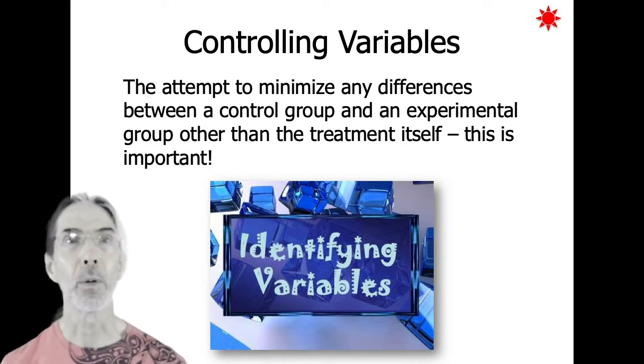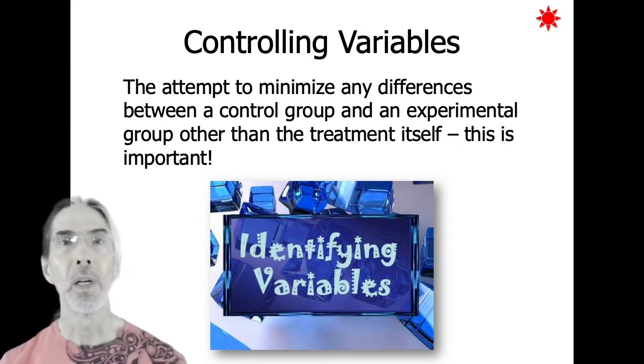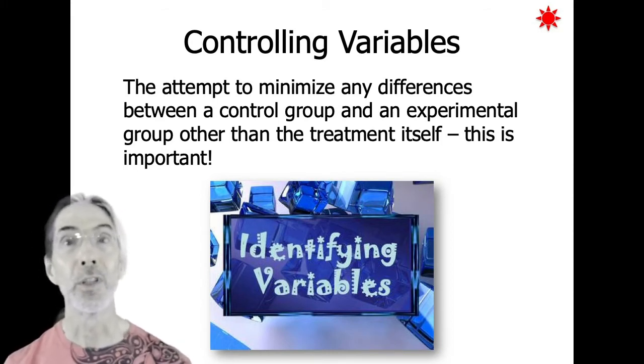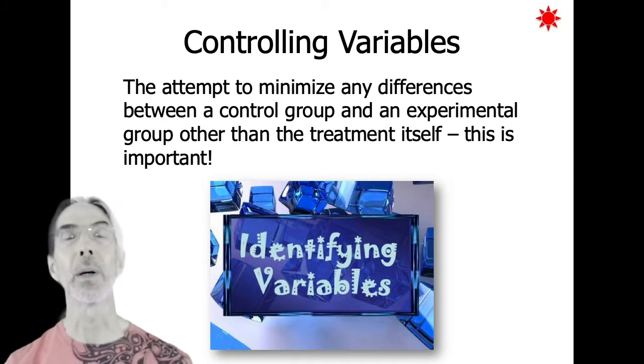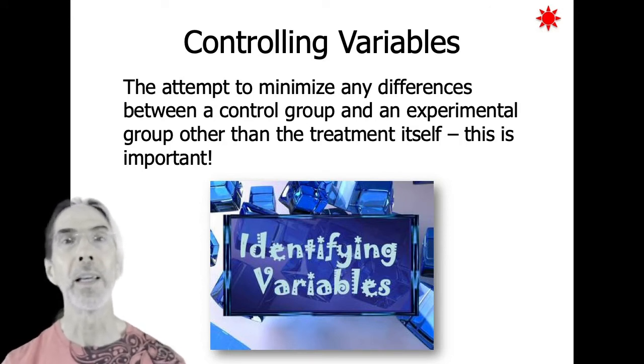Two different types of variables. So we can control some of those variables. We can control the temperature in the room. We can control how loud the sound is or what drug we're giving a person. And there are some variables we can't control. Changes in gravitational flux that are out of our control. So we try to take into account as many variables as possible, control those that we can, and then monitor